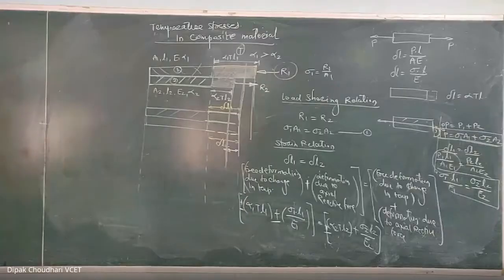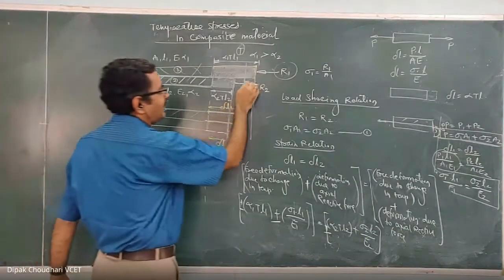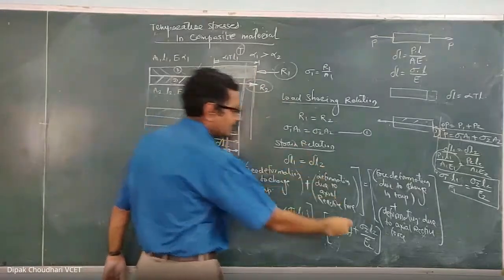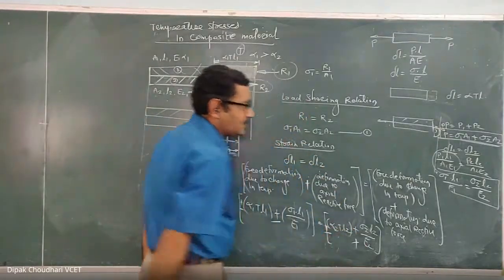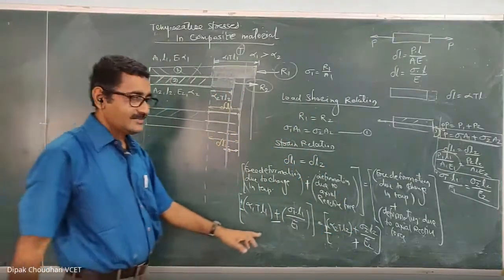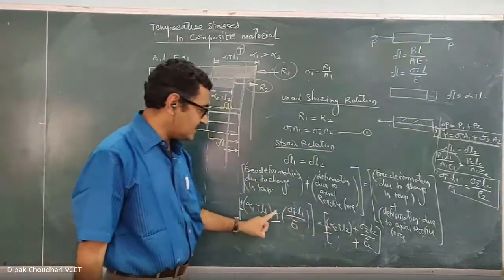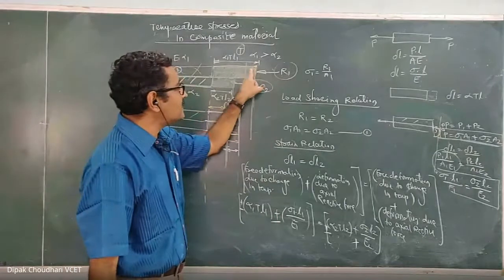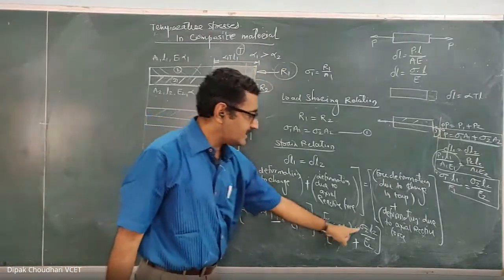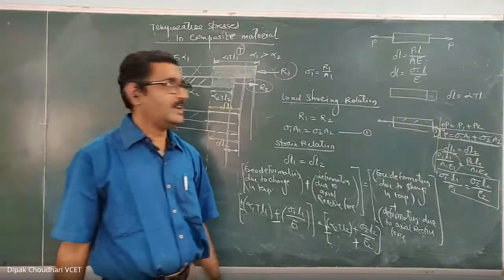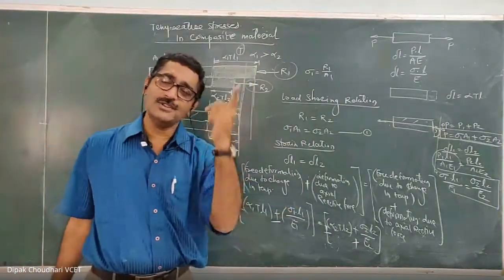And if there is an increase in length, for example for material 2, the reactive force is tensile, and because of this tensile force there is an increase in length, so you have to take it positive. Understood? For this sum, when you write this equation, here there will be the minus, because the first part is in compression and the second part is in tension, that's why you have to take it positive. So you just have to solve these two equations, and you will get the answer.